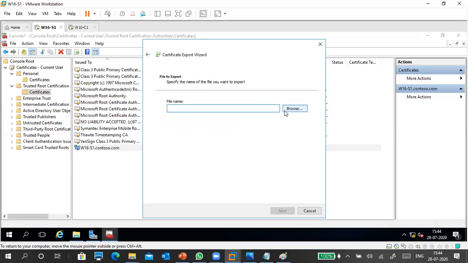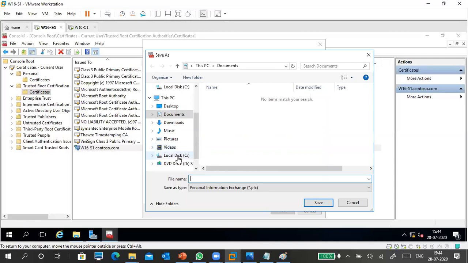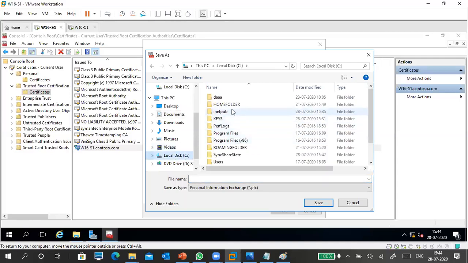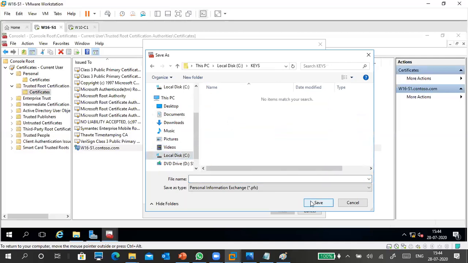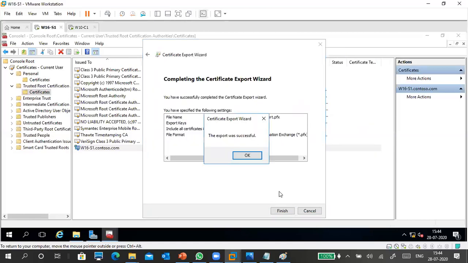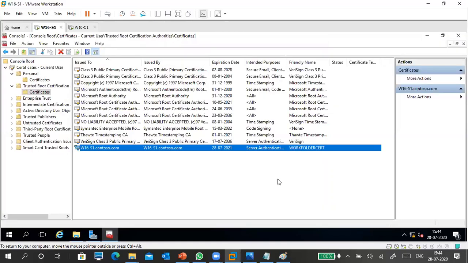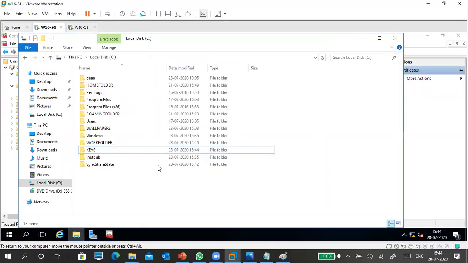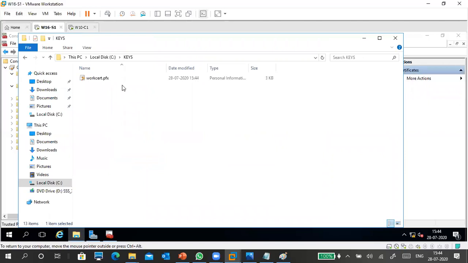Next. So where do you want to store? I want to store in C drive, keys folder, and this is work set. Anything, just a name. Next. Finish it. Export successful. We have a certificate now. Certificate is available in this keys folder.